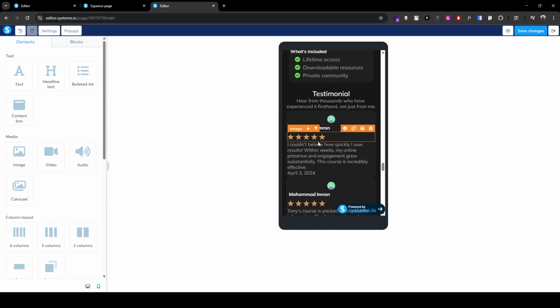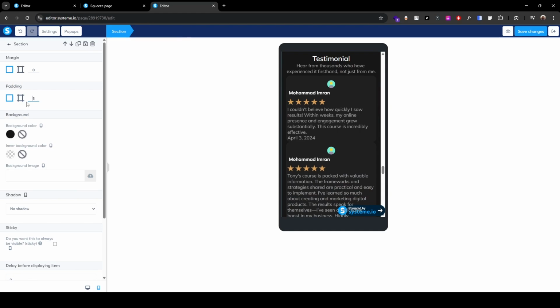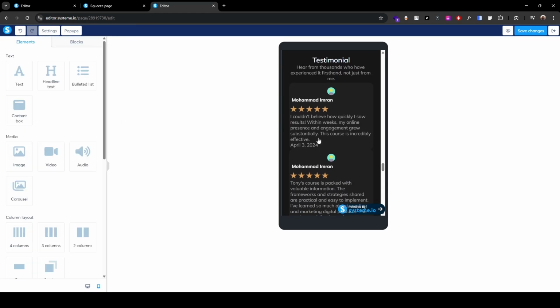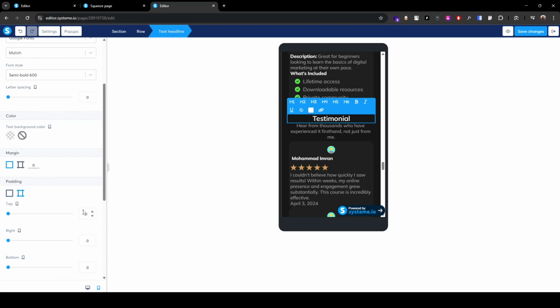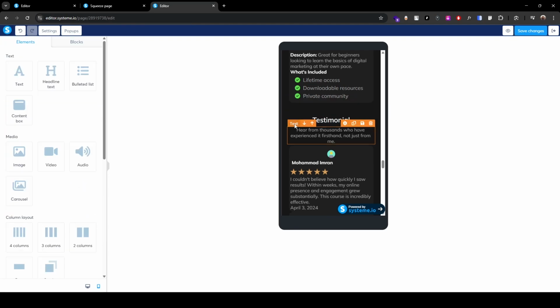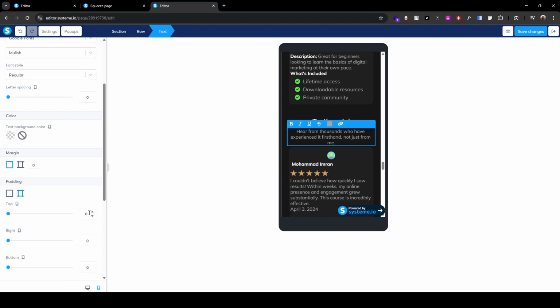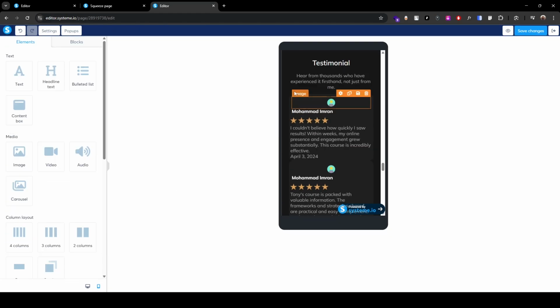Let's move on the testimonial section. Select the section and add some overall padding 15. Select the text, on top 10, on bottom 10. Same goes on here. Click this text,